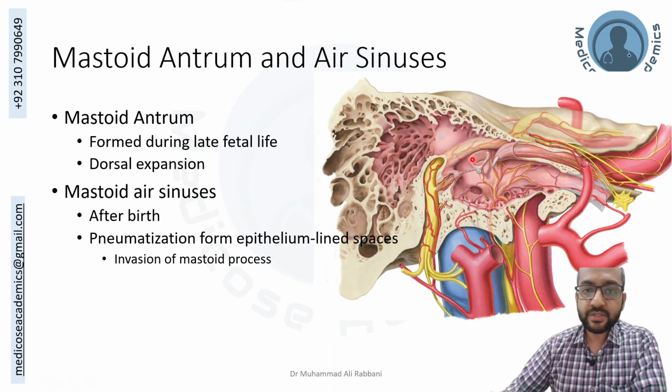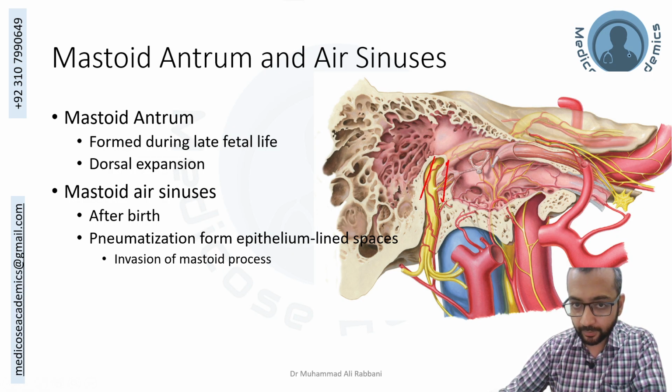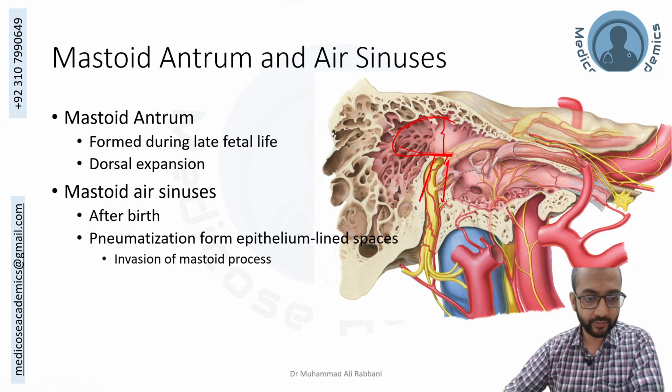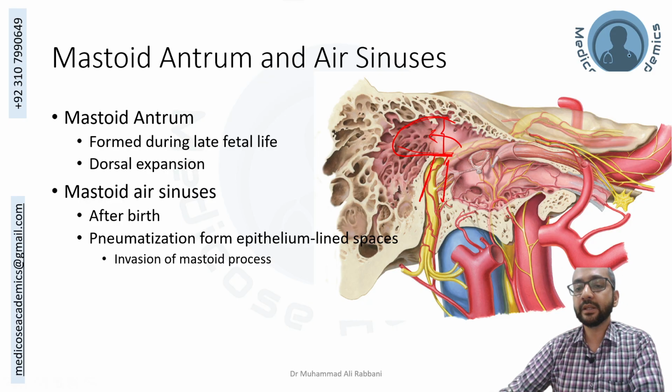So then comes the mastoid antrum. As you can see, this is the posterior wall of the middle ear. It ends here and there remains a gap here. So this part is called the mastoid antrum. It is formed during the later part of fetal life, from the dorsal expansion of the middle ear in the